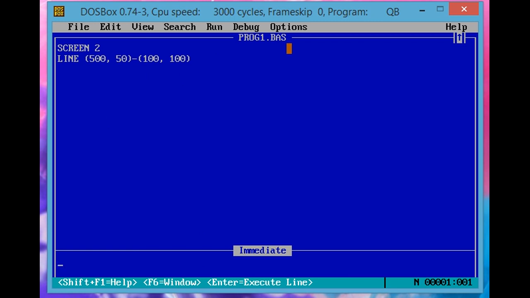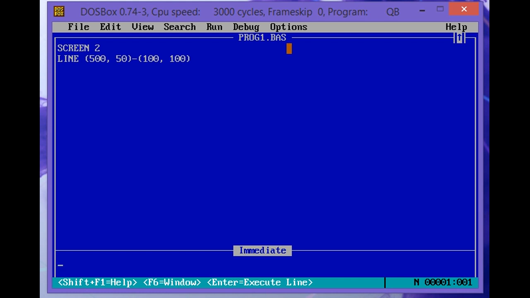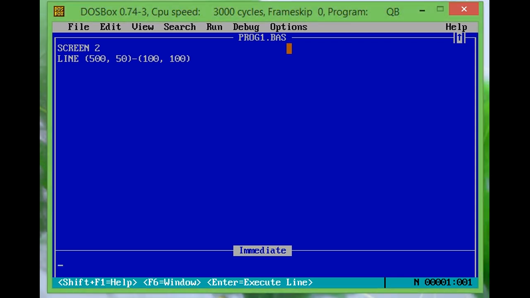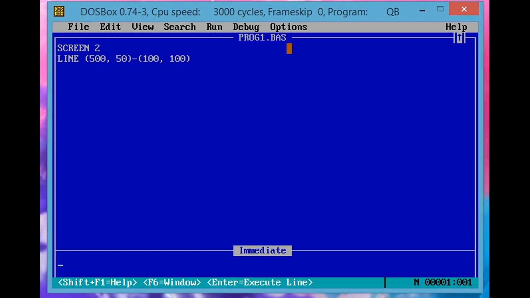You have to follow certain rules while naming a file. The file name should not have more than 8 characters. It should begin with an alphabet. There should be no space in the name. There should be no special character in the name, special characters like @, hash, $, these symbols.